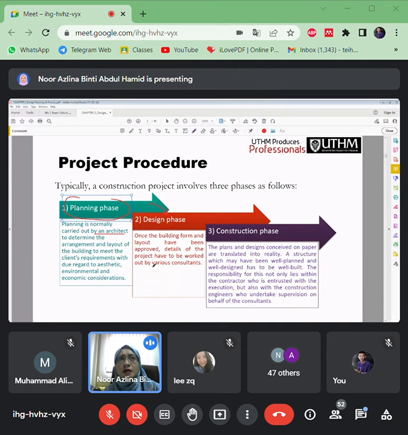You nampak banyak pipeline, so everything comes from mechanical and electrical engineering. So they do their own part here. So that means the design phase does not only include us, it also involves various other consultants.